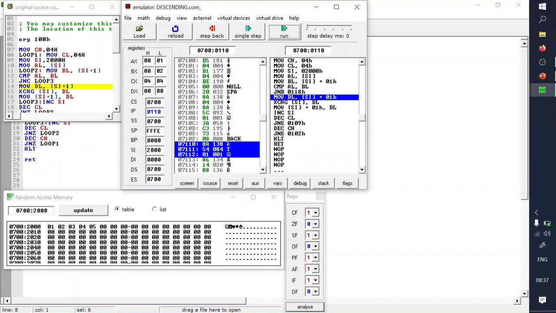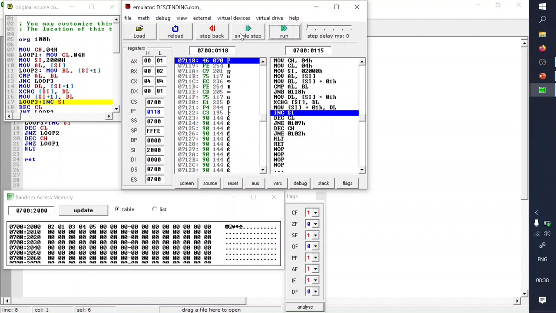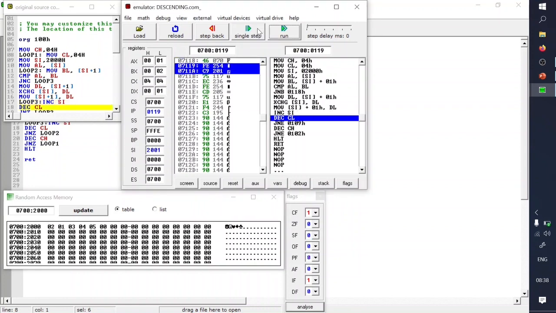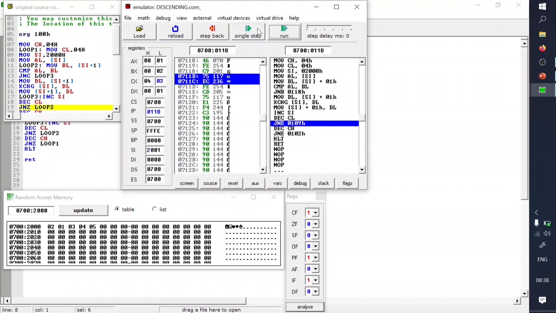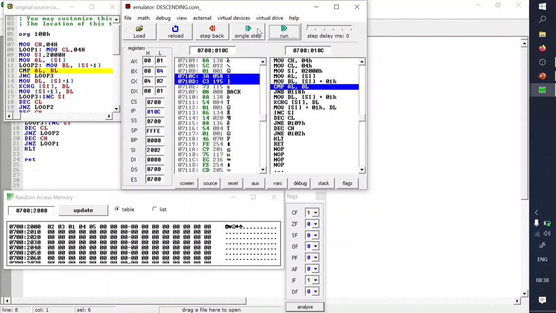So now it has to swap the values between 01 and 02. Whenever it changes its values, I can see here, in terms of your exchange, you can see the values changed. So 01 and 02 are getting changed here in terms of your memory elements. And after that, I can execute it, run, and after that I can increment SI, then decrement CL. So loop, all those things are going to happen in the same fashion,